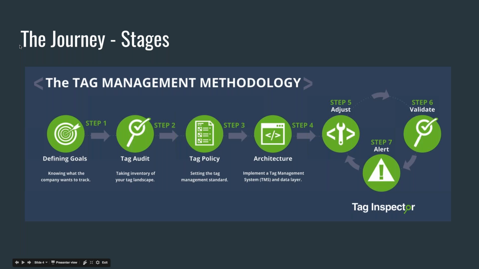All right, so to start the journey, just a little bit of a map for where we're going. Step one in our tag management process here is defining the goals. So knowing what your company wants to track, what they want to do, why are you going to be going through these different stages? Is the initiative related to performance? Maybe you're trying to optimize performance on the website, starting to identify, hey, tags might be causing some issues there